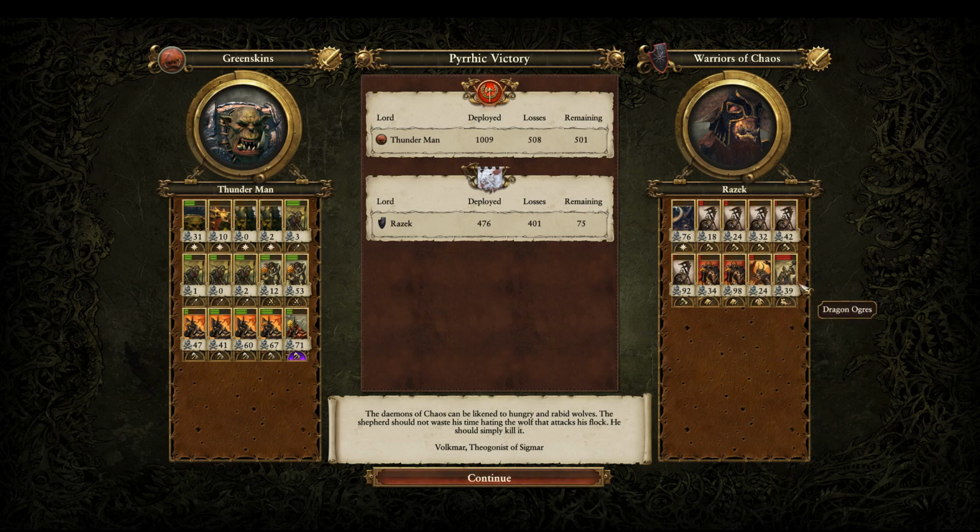Pharaoh Manticore, 24 kills, and then the Dragon Ogres killed a lot of Black Orcs there at the end. So again, good game to Razak, and I hope you all enjoyed. And let's just take another look at...